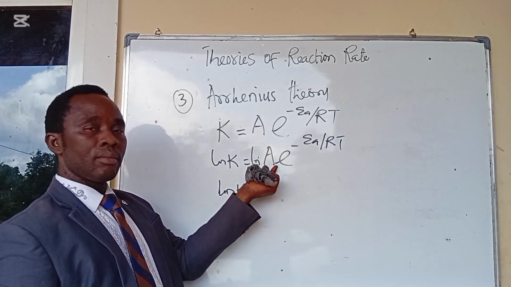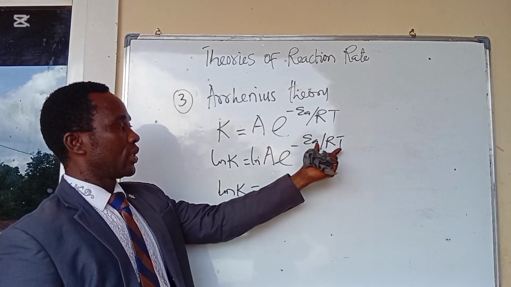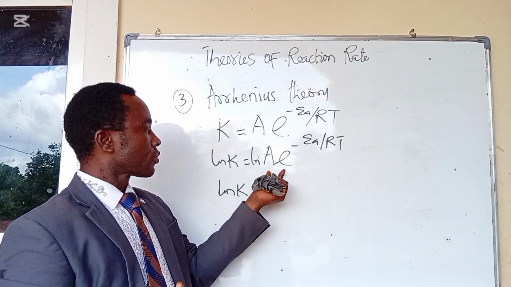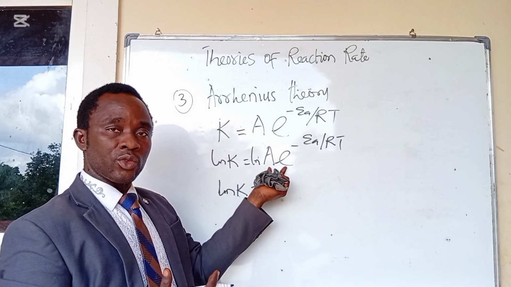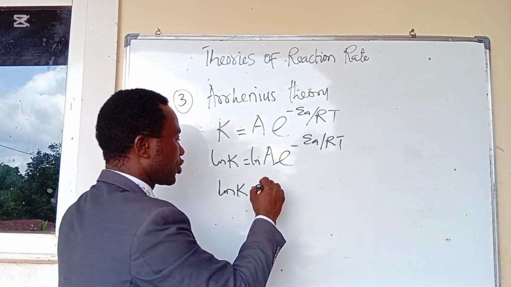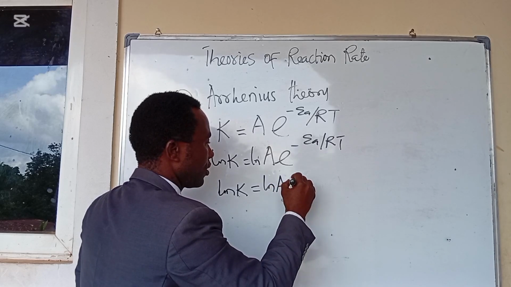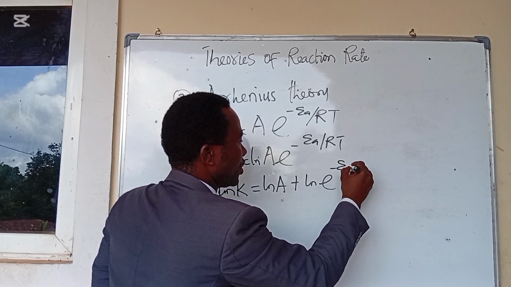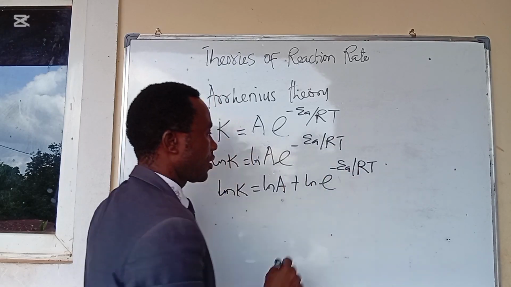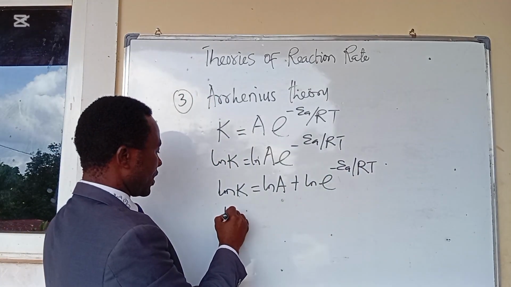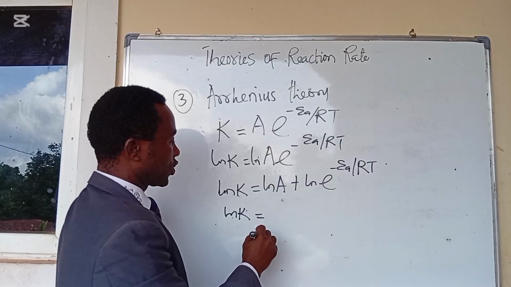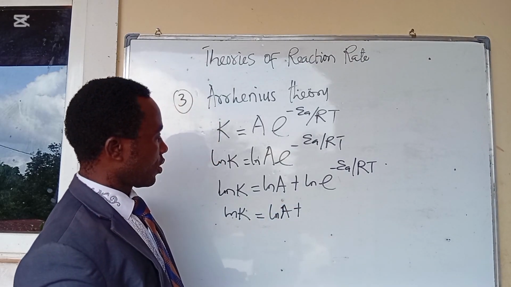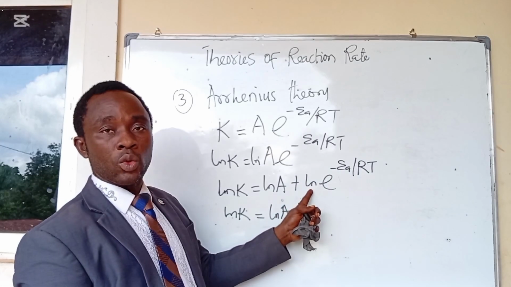So this is A multiplied by exponent this. So it's a product. Now for logarithm, the product rule goes with addition. So this will be ln A plus ln of exponent minus EA over RT. Now that means that ln K will be equal to ln A plus, okay, what ln does to